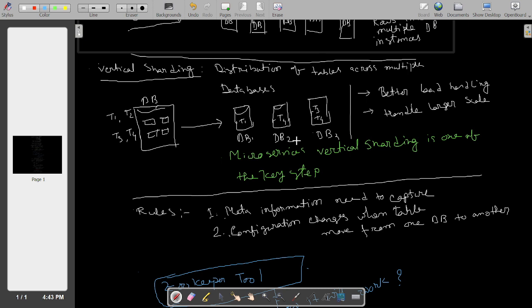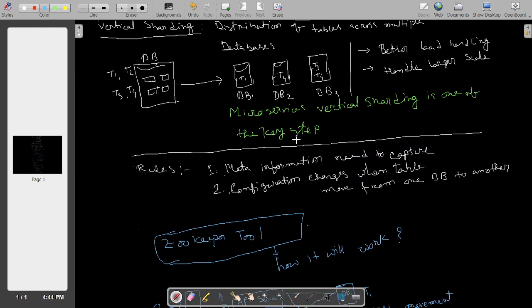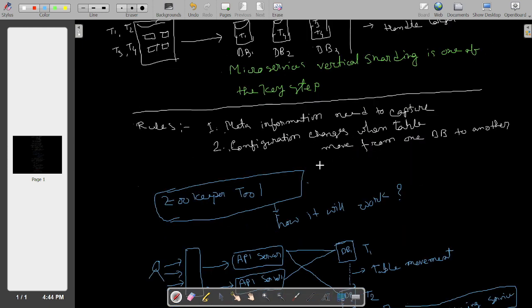So now you know the rules, right? One is that meta information needs to be kept, and if a certain movement is happening, that information also needs to be updated so that the API service knows that this table is going to be moved. So that's where the Zookeeper tool becomes very handy.